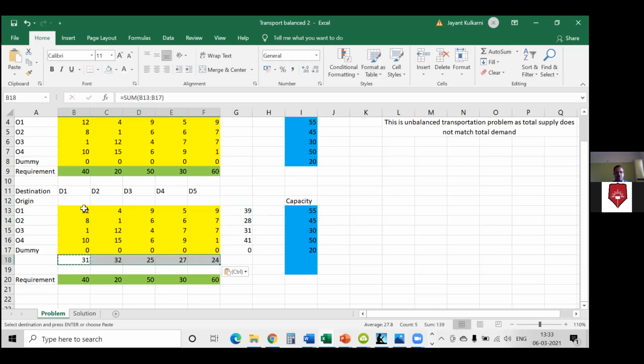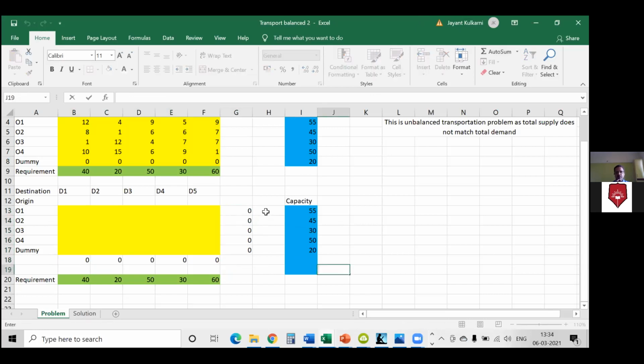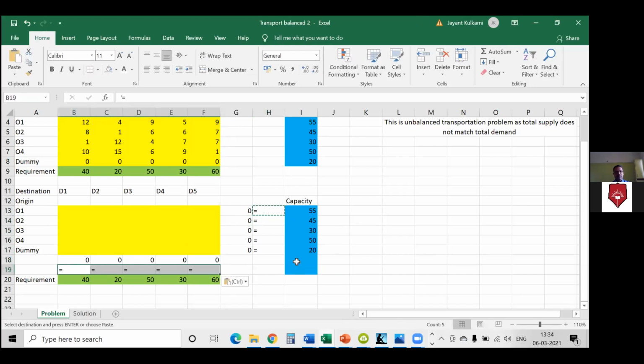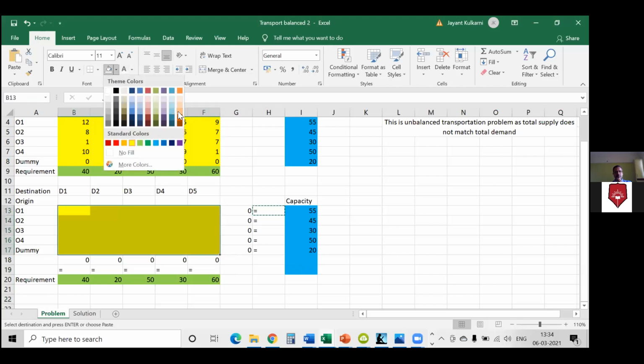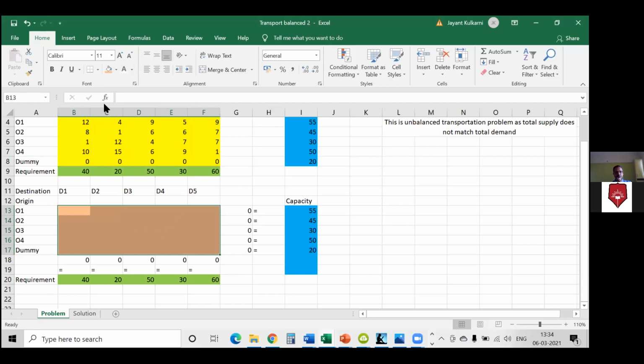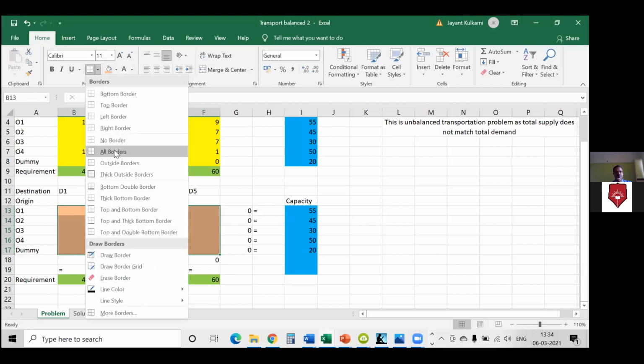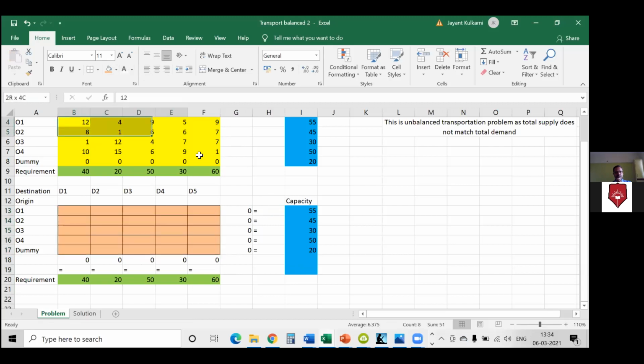Okay. So I removed all the values from here because this is going to be my quantity matrix, right? Also, I know that these 2 things should match. Same as what we did earlier. So all of these should match here, and all of these should also match. Exactly the same thing that we did earlier. Absolutely no difference. And then I'll change the color of this matrix because it is going to be my quantity matrix. So I'm just converting it to orange color to use the same color combination like earlier.